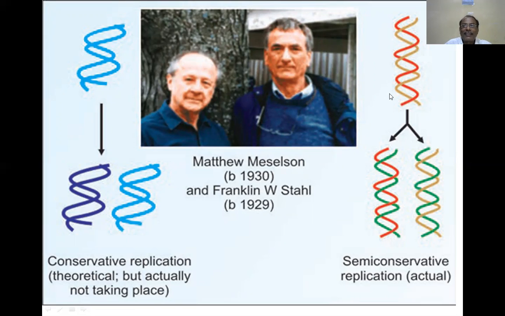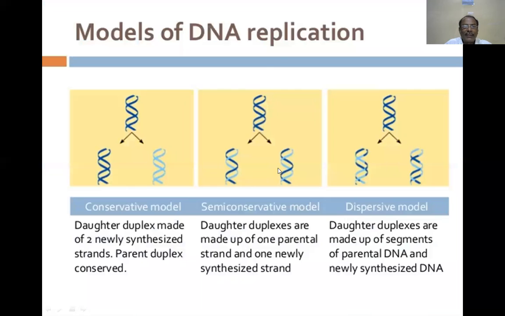Semi-conservative replication. So here there is a red strand that produced a green new strand, and there is a second one, which is a brown or orange strand, something like that. And the mother is producing another one. So both of them, it is a semi-conservative replication. So, models of replication: a molecule can totally produce another molecule.